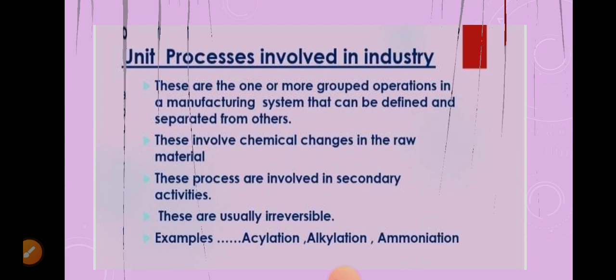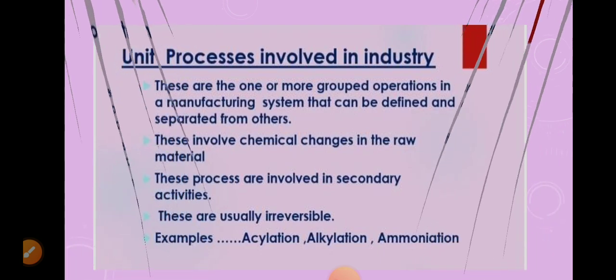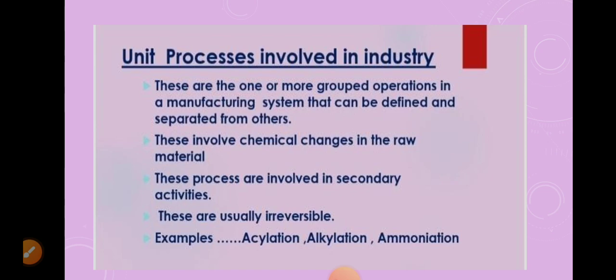In the next slide, we will discuss the unit processes involved in industry. These are one or more grouped operations in a manufacturing system that can be defined and separated from others. These involve chemical changes in the raw material. It means here the reagent undergoes chemical change. Reactants are converted into products, so products are the transformed form of the reactant after a chemical change. These processes are secondary activities. These are usually irreversible in nature, like combustion of wood, combustion of coal, acylation, alkylation, ammoniation, aminolysis, aromatization, carboxylation,